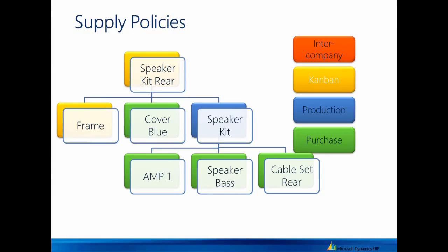And this is something you define on a product per dimension level. So actually a product within the same legal entity can be supplied with different supply policies on different sites and warehouses. But if we try to add another dimension to see how this would look in an intercompany flow,